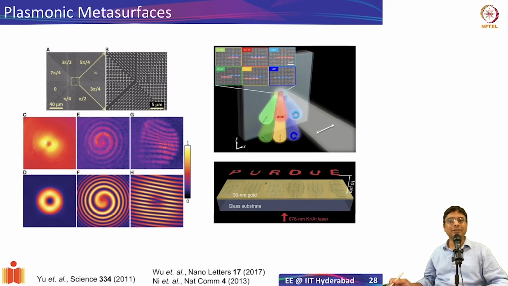And you can also make holograms. So for example, in the structures we have seen definite phases, but in principle nothing prevents me from taking an image like this and trying to back calculate what sort of phase shift should be introduced. So in this structure on a gold film, structures with some pre-calculated phase shifts were introduced, and the moment you shine light on that, you get a hologram. Okay, so these are some interesting ideas that people have pursued.